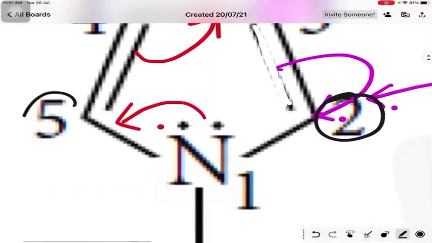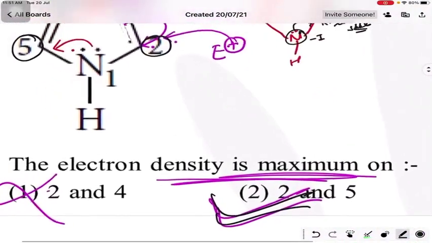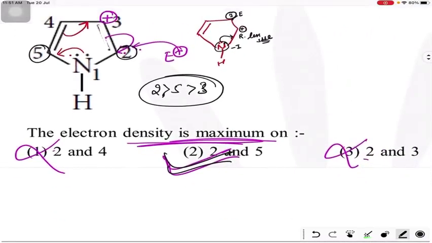In a similar way we can make the attack at position number 5. So the preferable attack is at position number 2, then at position number 5, then position number 3. This is the order of reactivity. So the correct option is